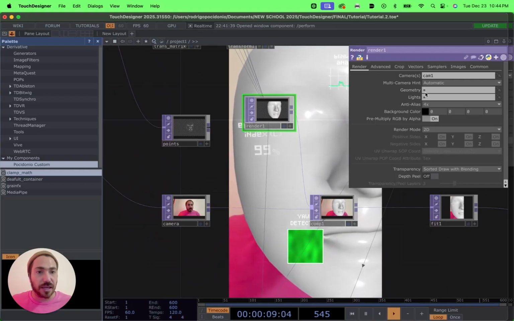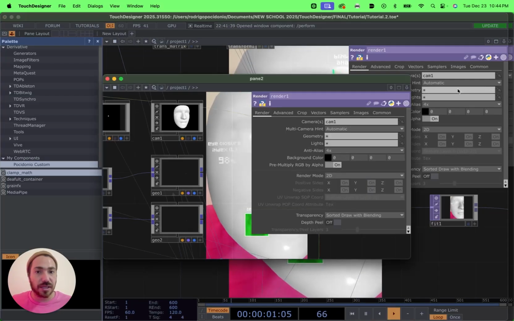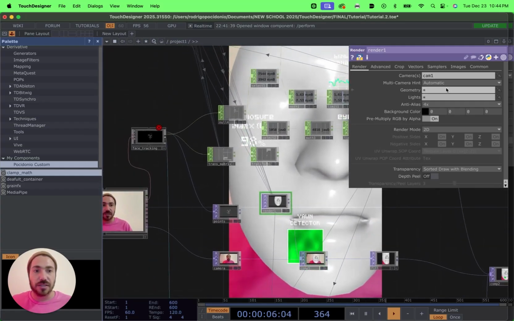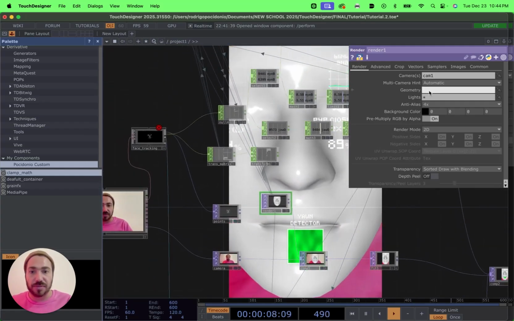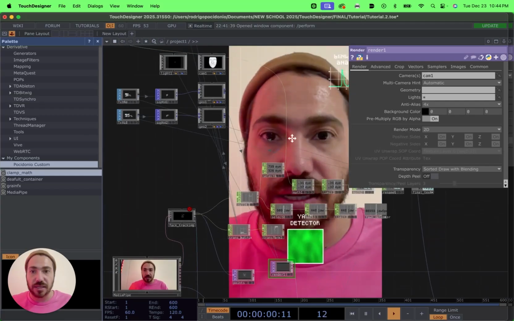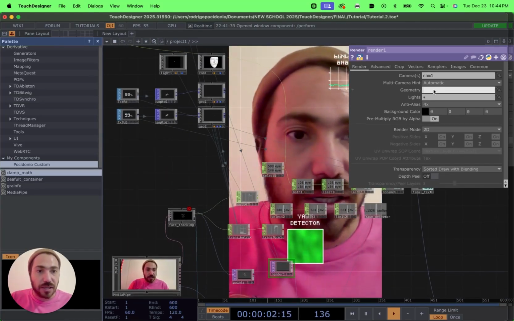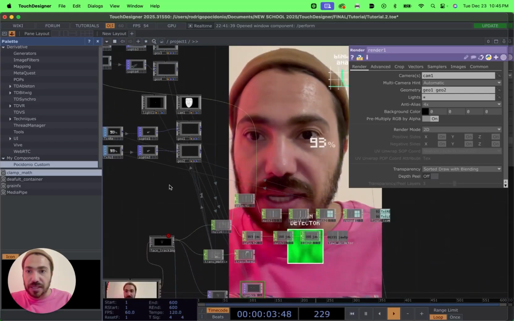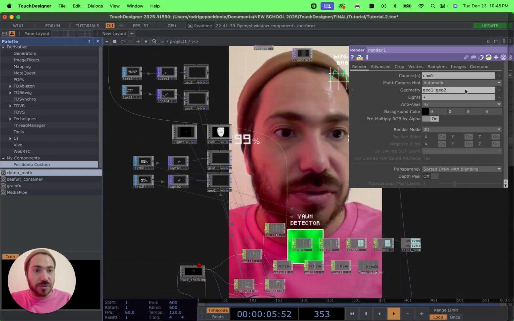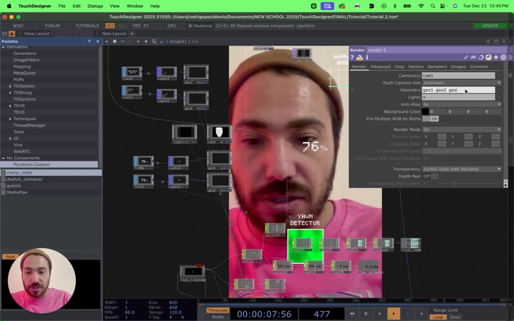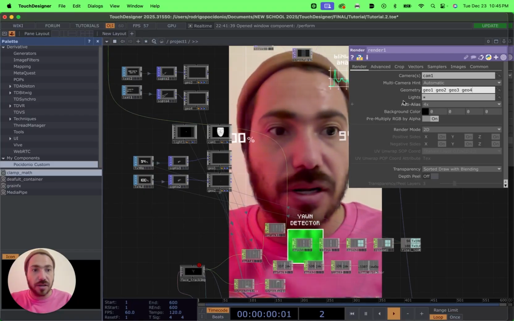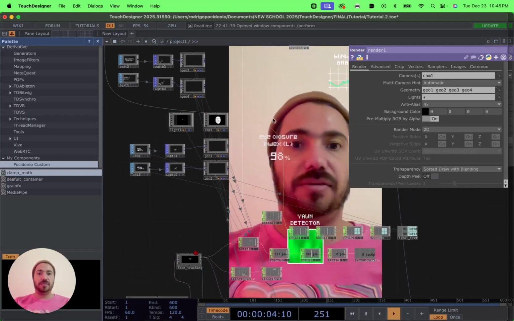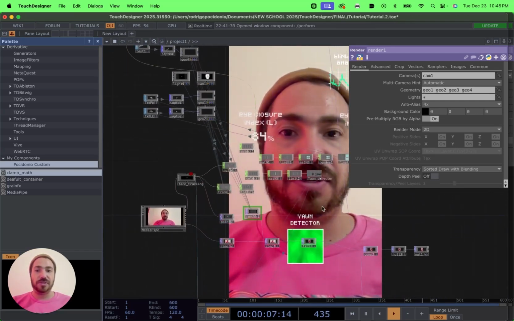I want this render to not get all the geometries, but I want it to get Geo 1, which is the two first texts, Geo 3 and Geo 4, that are the other texts, and that's it. So these are the geometries I want